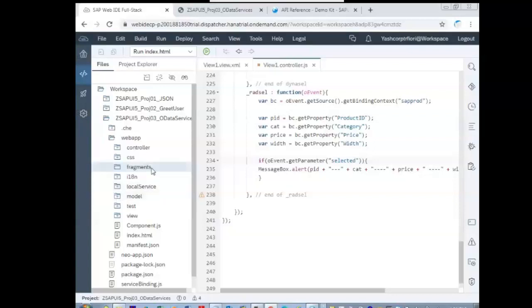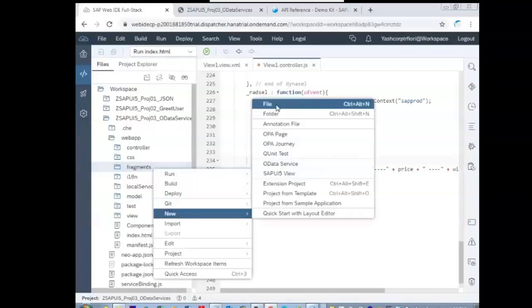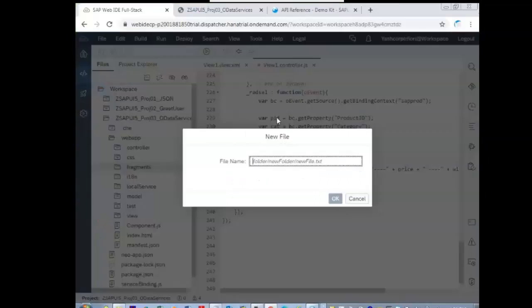Inside the fragments folder, create a hello world fragment. Inside the fragments, new file. Inside the fragments, create a file: hello world dot fragment dot xml.